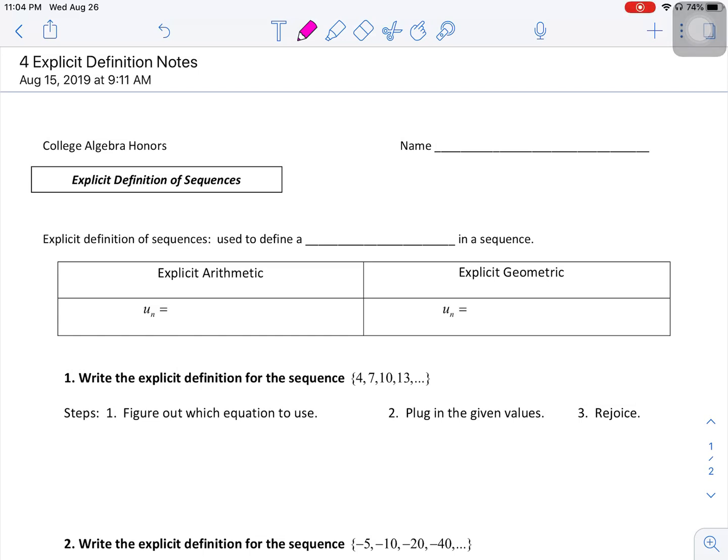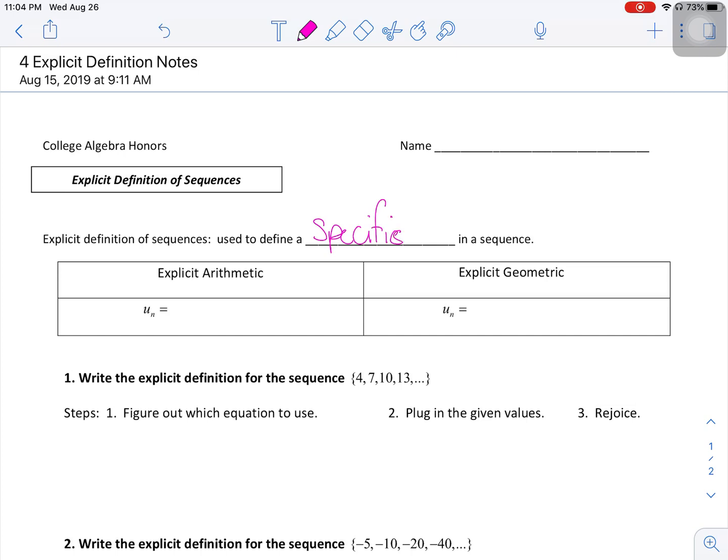All right, so we've talked about arithmetic sequences, we've talked about geometric sequences, we just talked about the recursive definition, which is a definition where you define any given term in a sequence based on the previous term. And today we're going to talk about explicit definitions. Now, the nice thing about explicit is it is used to define a specific